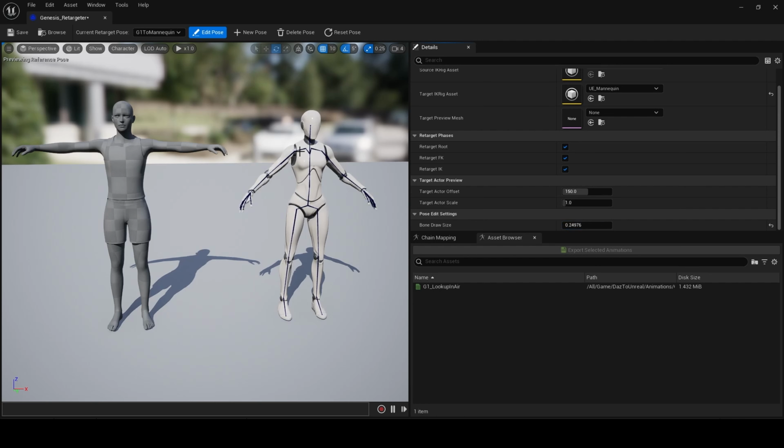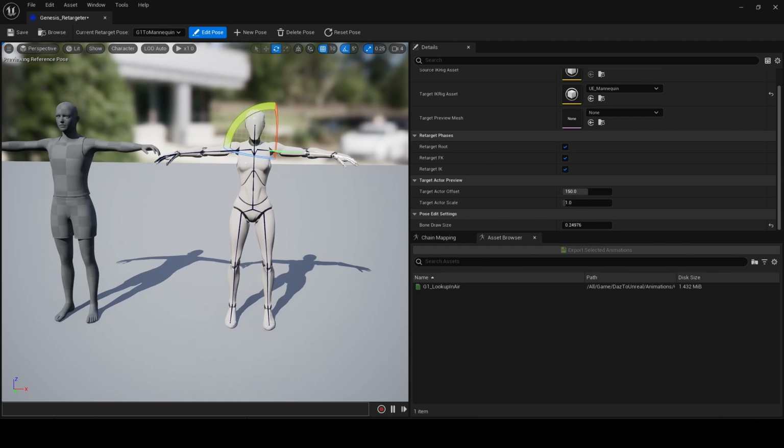There we go. And then we are going to click on the various bones and set the poses for this. Do it by eye. With practice it may get better. I'm not perfect yet, but I am getting quite good results just by doing it by eye. I wish there was a better way, but at the moment there isn't. Anyway, we'll just do that. And let's have a look.